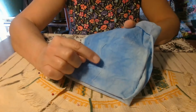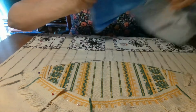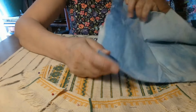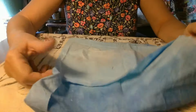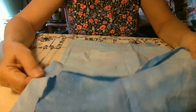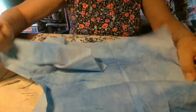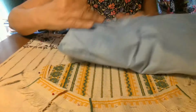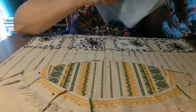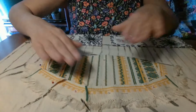I've got this to the side for the moment because I'm thinking the sky. And if you look at this, this is a marbled cotton. It's dyed. This is gorgeous. This is marbled blue to light blue. This is a perfect sky. So I don't know if this ends up behind the sun, but you're probably saying, well, wait a minute, Carmella,